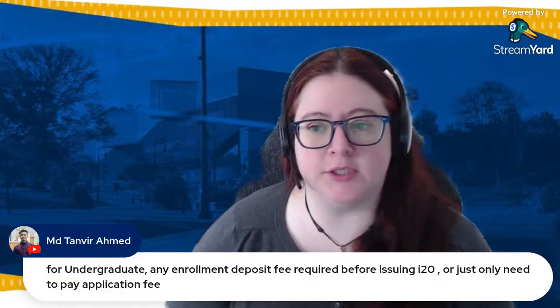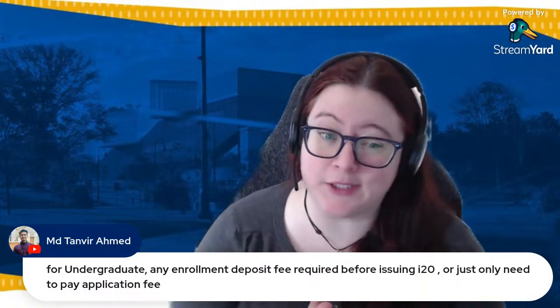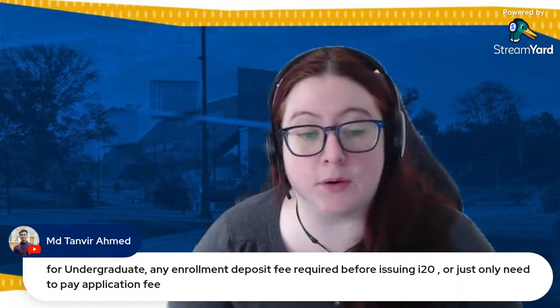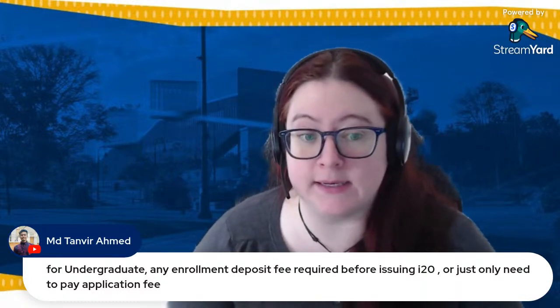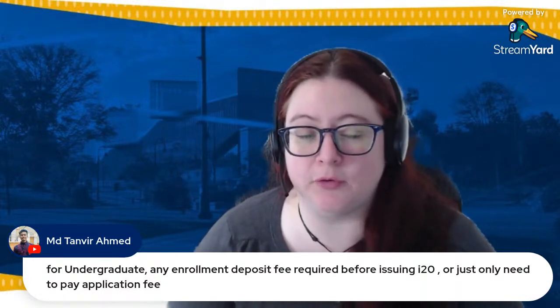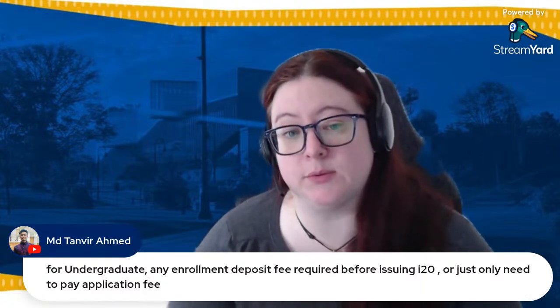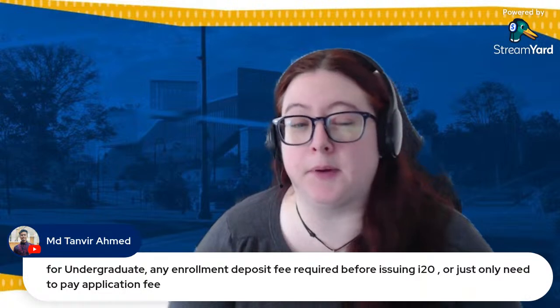Someone is asking a question for undergraduate students. So again, this is a graduate question, but this applies for both graduate and undergraduate students. So I'll go ahead and answer this. There's asking if there's an enrollment deposit fee before issuing the I-20. So no, there's no additional fee to receive the I-20, no enrollment deposit fee, but you will need to show